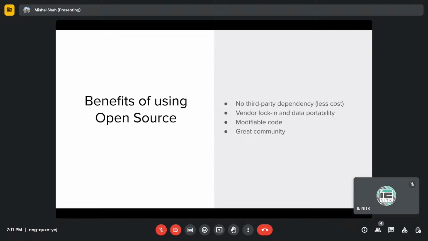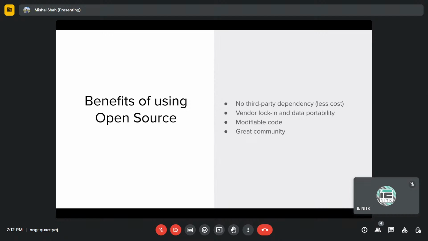So for anything that you are using, try to use open source, as you don't know if the company will stay. Whereas if it's open source software, you know that the code is there, so even if the company is down and no one is maintaining it, you yourself can maintain it and modify the code. And in general, open source has a great community. If the maintainers who are maintaining the software currently go away, new maintainers will come in. So there's a very good community around open source software.